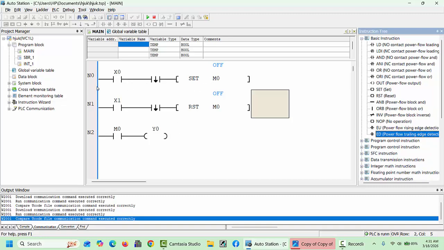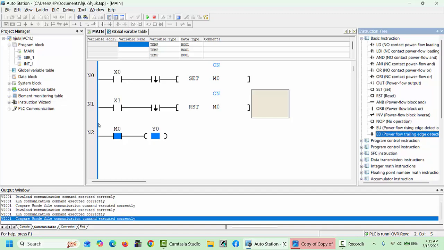But in this trailing edge, when we release the signal, for example, now I will give the signal, you will see the signal is ready, but our M0 is still not set. Why? Because we are using the trailing edge detection. As I release the signal, you will see our output is now on,